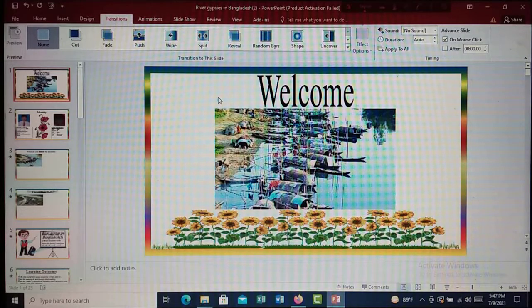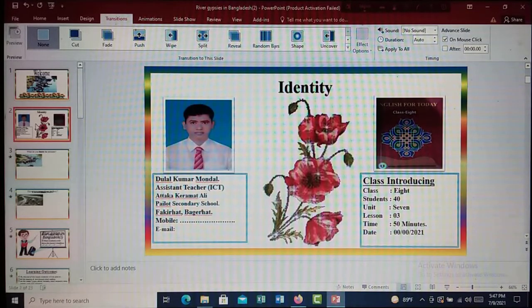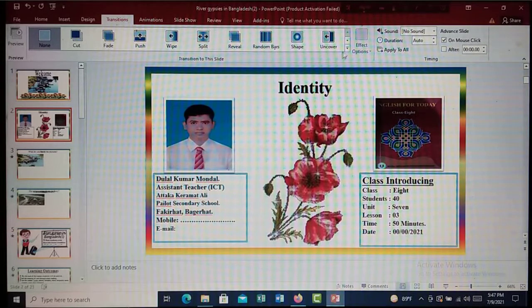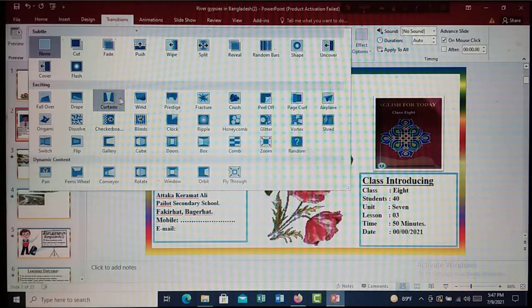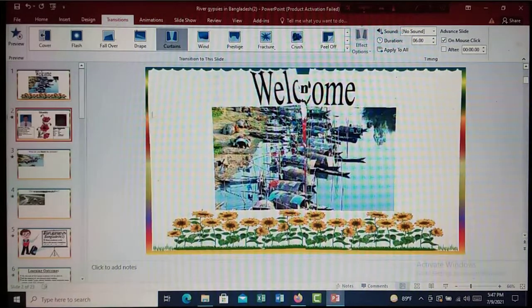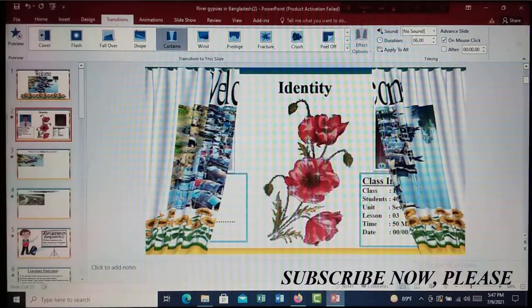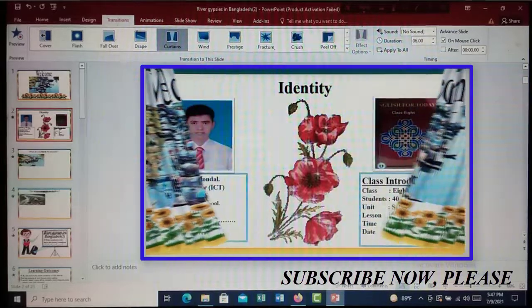But the transition that you want to give in the first slide, give it in the second slide. See, I am giving the transitions that I gave you before. Now see, it is working.